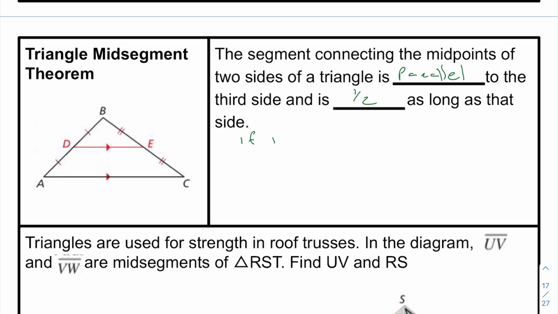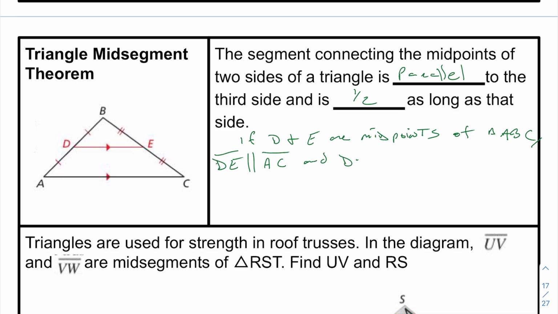So if D and E are midpoints of triangle ABC, then DE is parallel to AC and DE equals 1/2 of AC, or